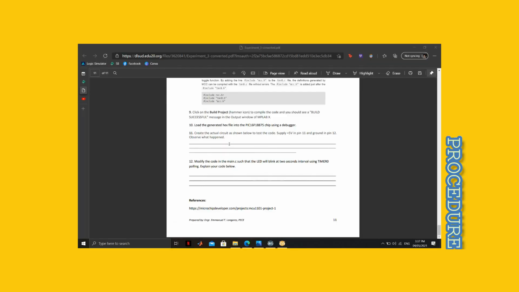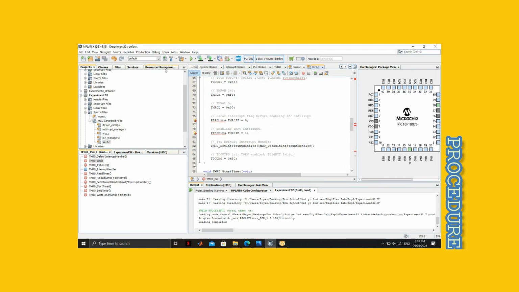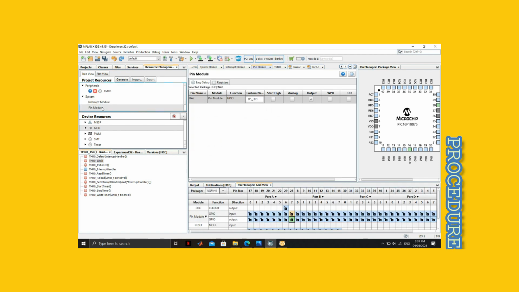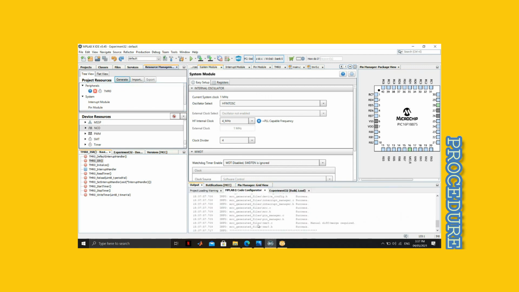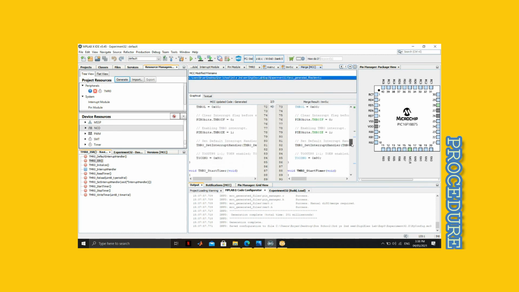So for the last part, we are asked to modify the code in the main.c such that the LED will blink at a 2 seconds interval using timer 0. Actually, it should be interrupt. So now, go to MPLAB X IDE, resource management, timer 0, this should be 1:2048, change this into 2 seconds. And interrupt module, check those, click generate. So this would appear. So first, replace